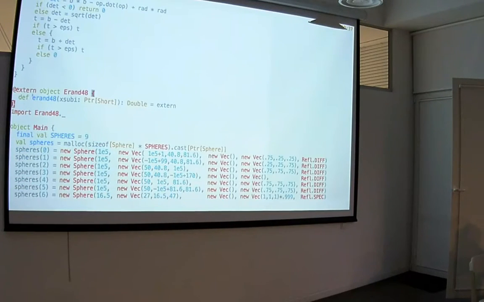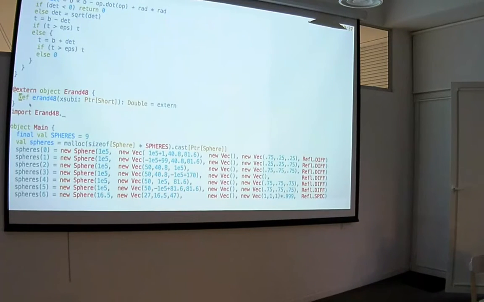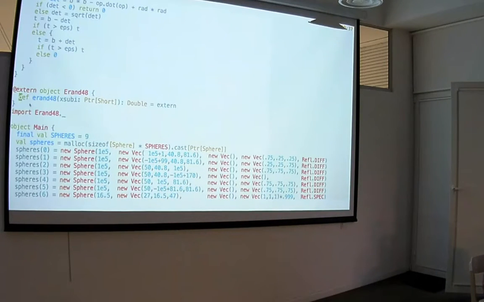So here is all you need to do to call a C function that takes a pointer and returns a double. You define a signature, and you say it's somewhere there in C world. It's extern, similar to how extern works in C++. You have this extern object block, and you have extern field and extern declarations. Whenever you call them, it will automatically wire them to the corresponding C function. There is nothing else.